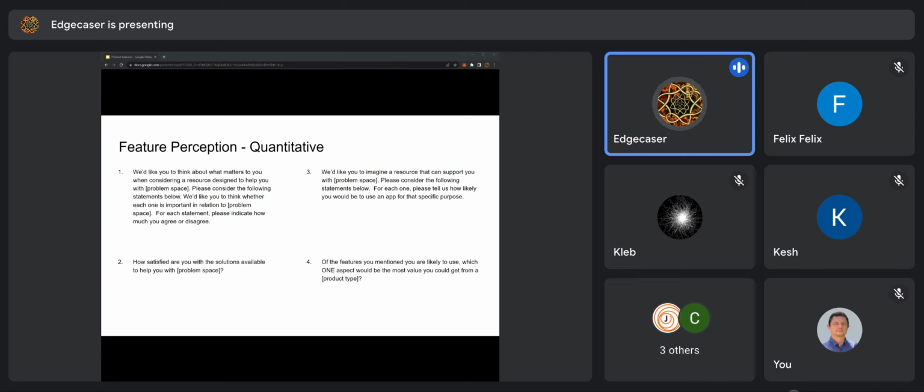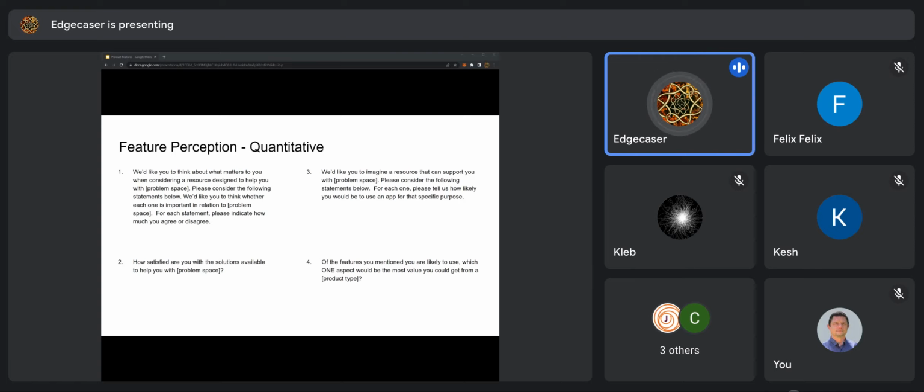Now, 4 questions that I make sure any quantitative study has are these 4 questions, and I'm not going to read them out loud for you. I include them in their full form because I believe it's very important to ask them specifically this way. I've tweaked these questions over several years, and I find that these are the ones that give me the most clear, transparent results. The first one is basically